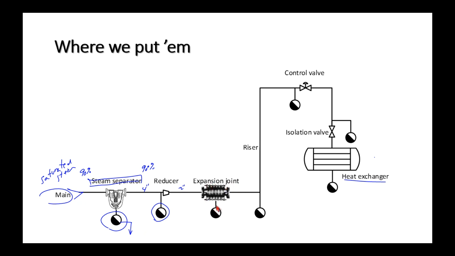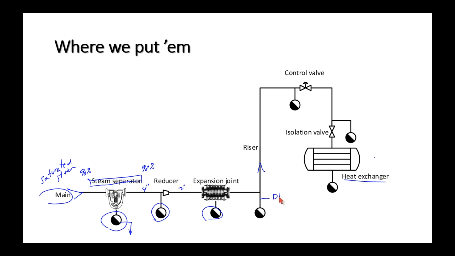If we have an expansion joint, not so much a bellows type, but I couldn't find a nice small picture of a slip expansion joint, but at expansion joints, there are usually little pockets where condensate can collect. So that's another place to locate a steam trap. Now, when the steam enters a riser, as opposed to a main, at the base of the riser, we will